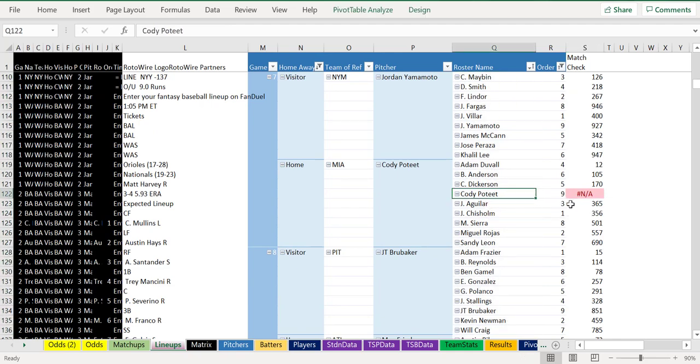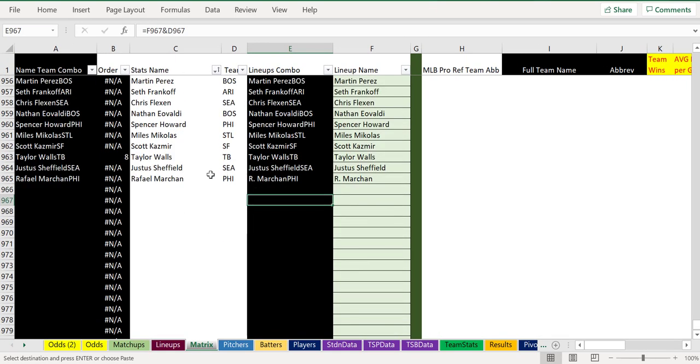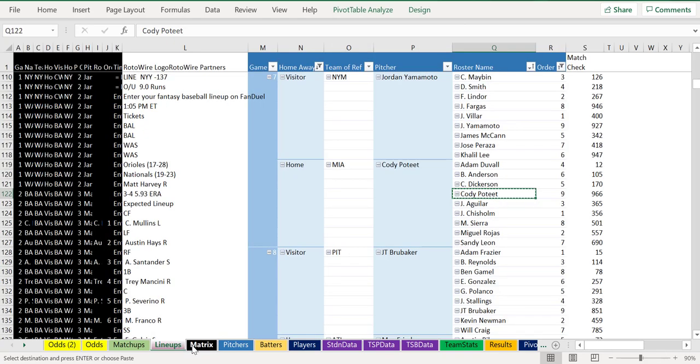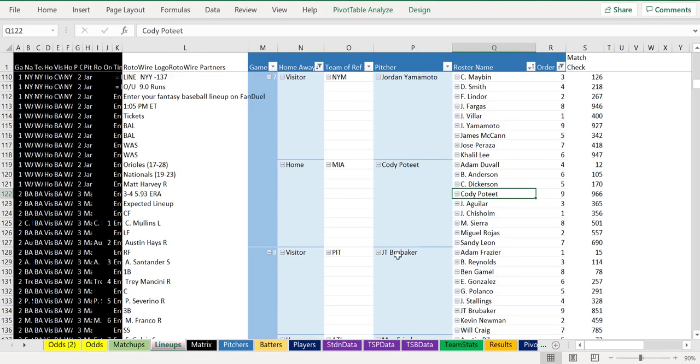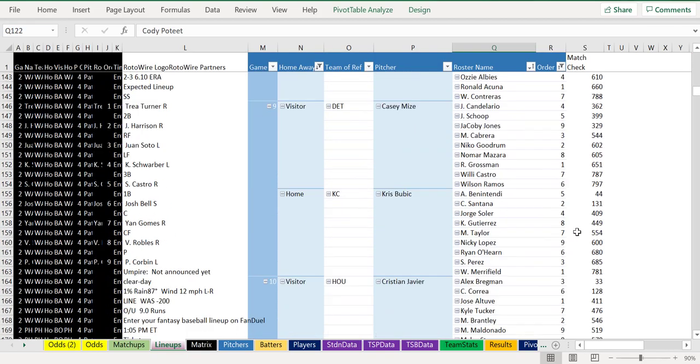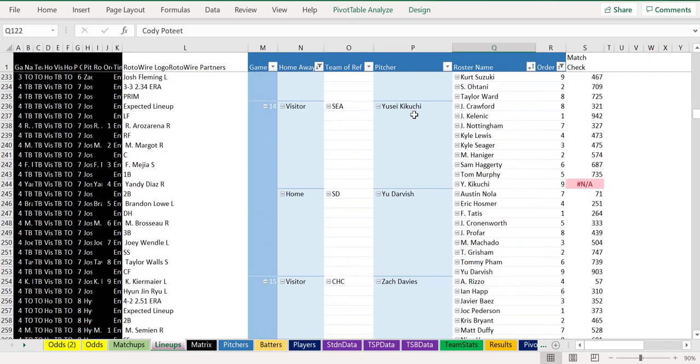Or is it in here? Cody Petit is a new pitcher for Miami. So somebody who's new like that, you're going to put them in the matrix. The matrix sheet is the matrix of all the names of all the players. Cody Petit is a pitcher, and he's a pitcher for the Miami Marlins. And so you've now updated him in the matrix names database, and he's no longer an error. And that means we are harnessing everything. You say